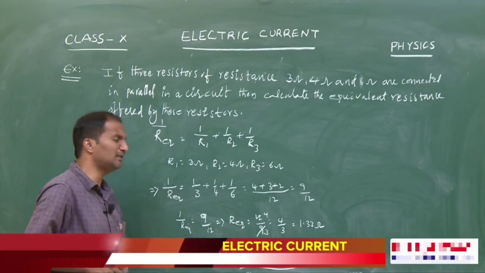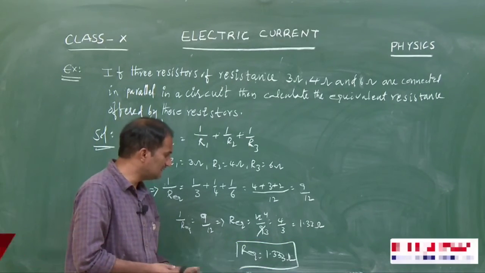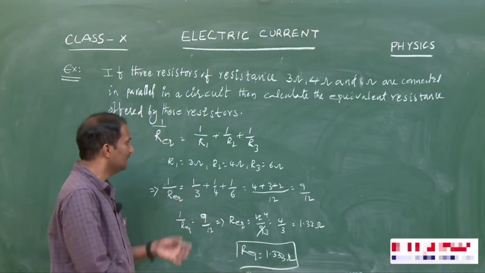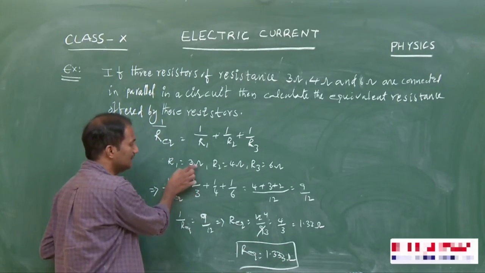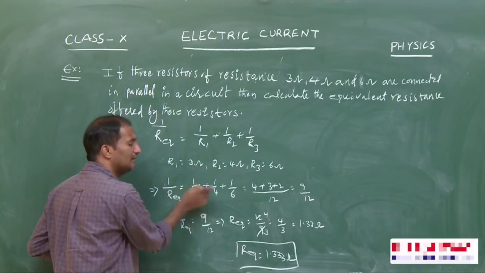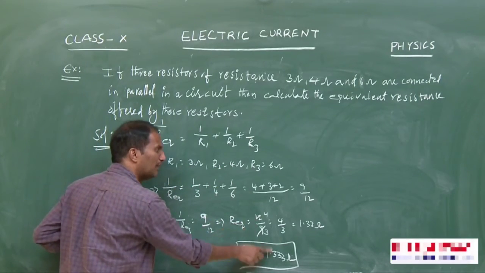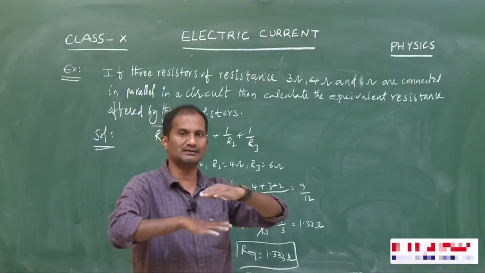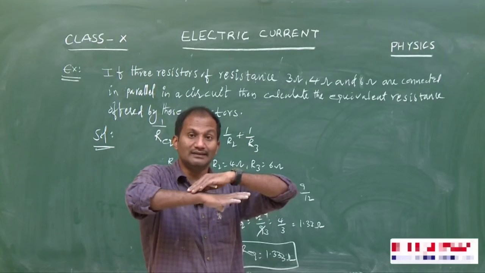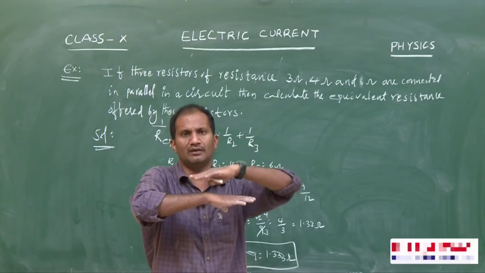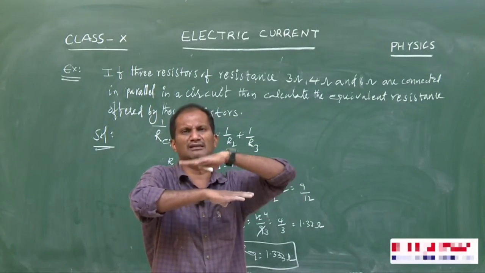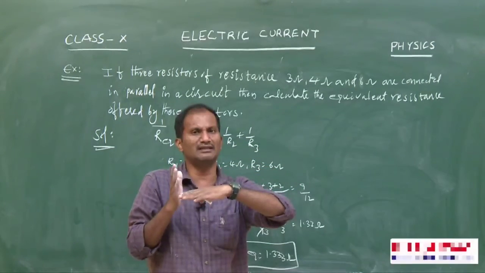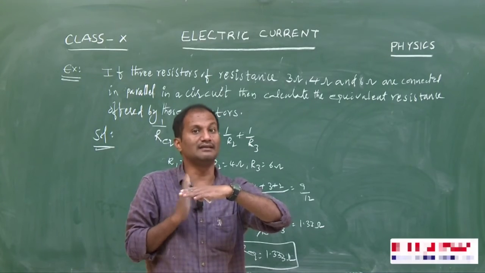Now here clearly we can analyze that the resultant resistance, that is 1.33, is clearly less than that of any individual resistor. That is, 1.33 is less than 3, 1.33 is less than 4, 1.33 is less than 6. Here what is happening: if all the resistors are connected in parallel combination, their area of cross section will increase. Why? Because they are piled up one on another, so their area of cross section increases, so the net resistance offered by them decreases.